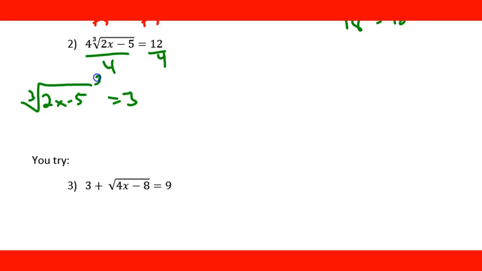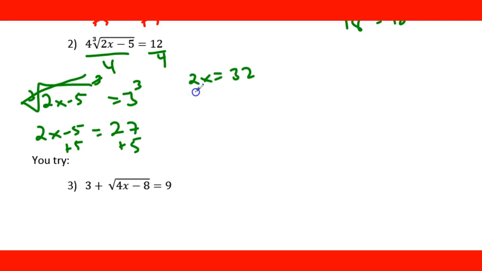So we're going to cube both sides, that way the radical and the exponent cancel. And 3 times 3 times 3 is 27. Now we're going to add 5 on both sides. So that gives us 2x equals 32. And then divide by 2 on both sides, and x equals